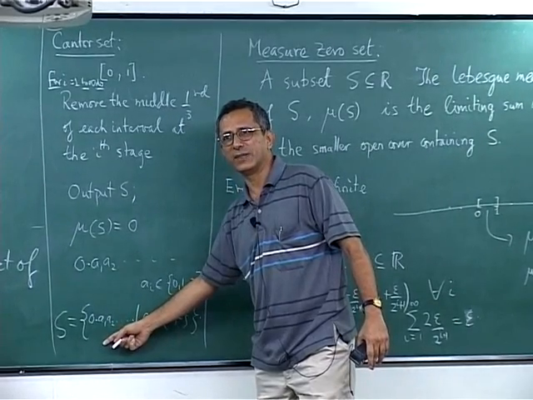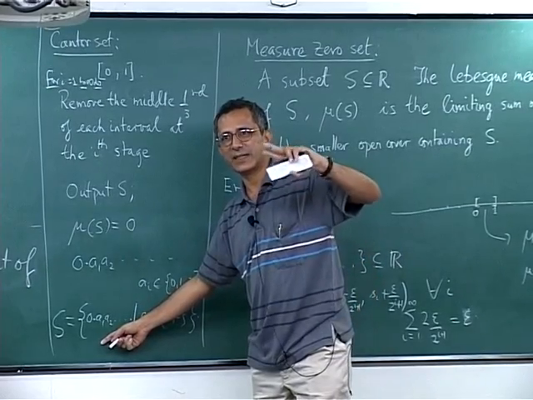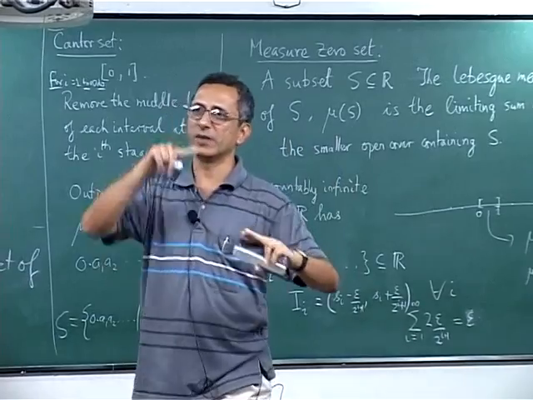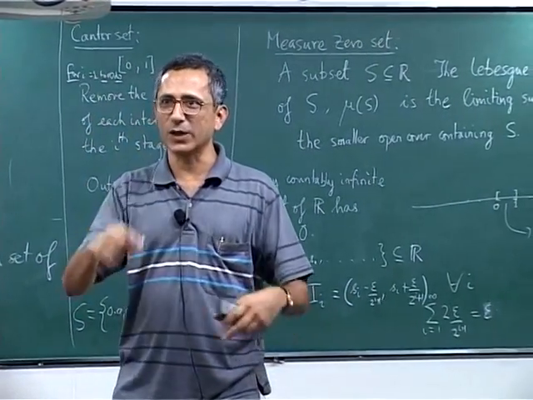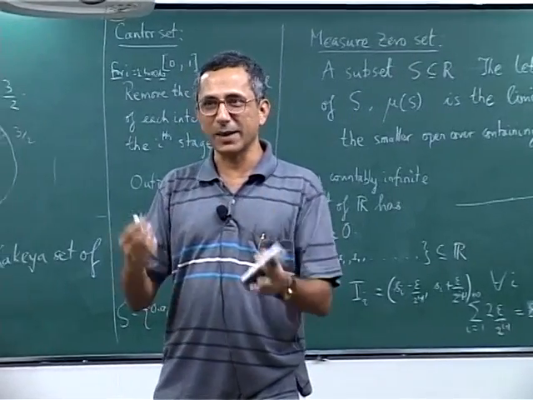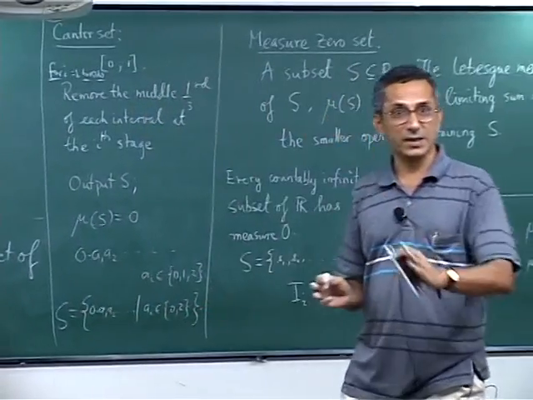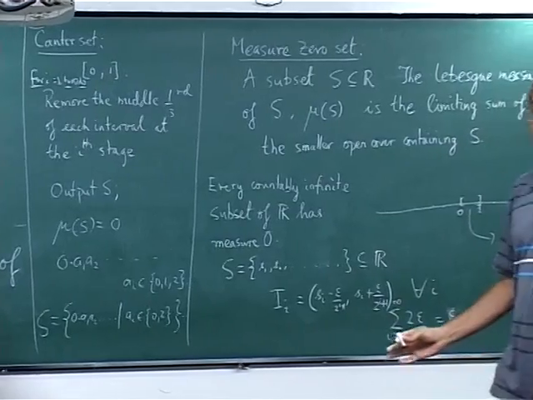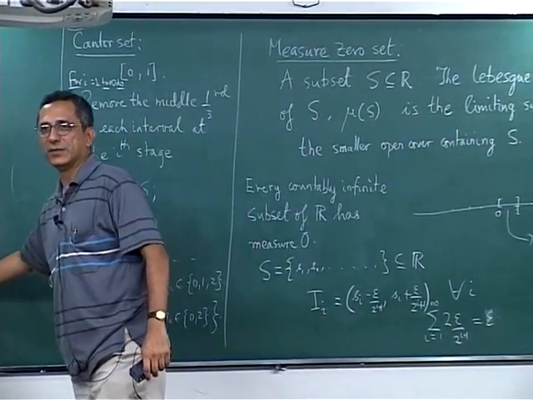Why is it countably infinite? Because each of the A_i's has two choices and its cardinality therefore is 2 to the power the cardinality of natural numbers. That is the same cardinality as the set of all subsets of natural numbers, which we know has the same cardinal number as real numbers. Okay. So its cardinality is that of real numbers, but it is of measure 0. So measure 0 sets can be huge, and therefore, this is not unbelievable that